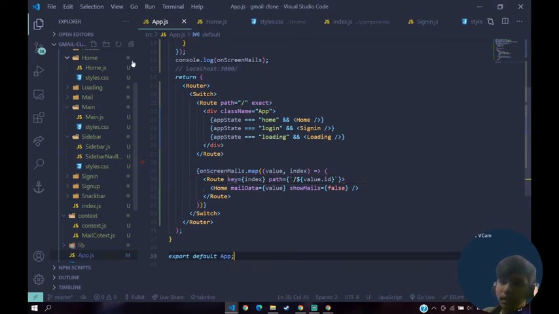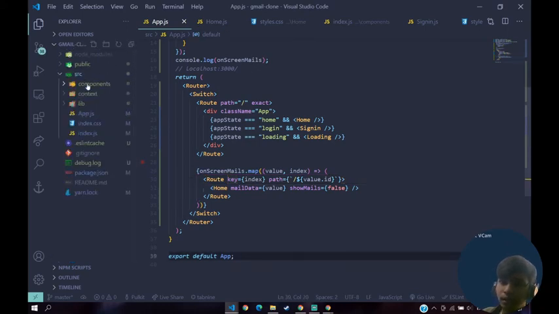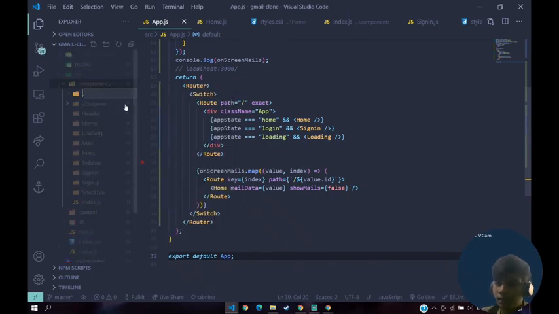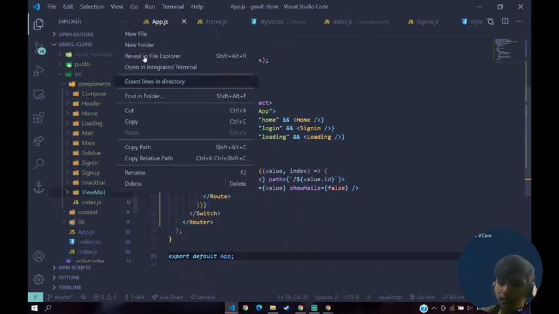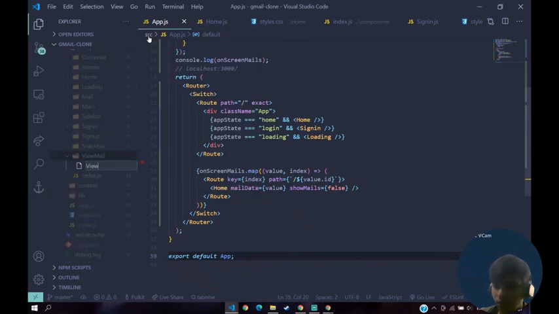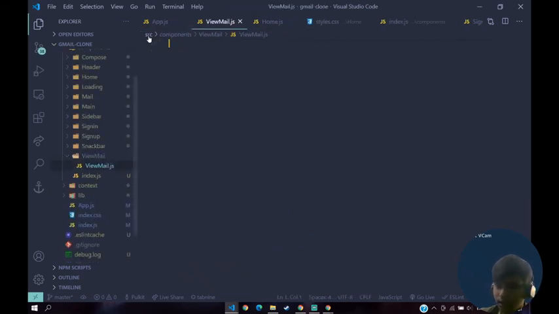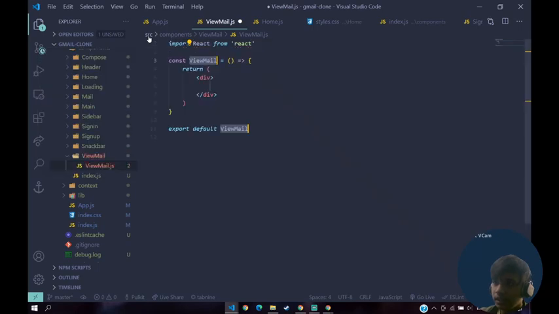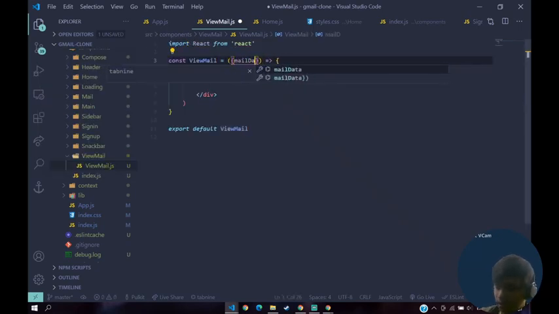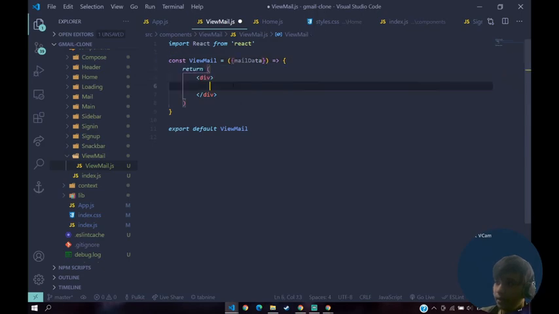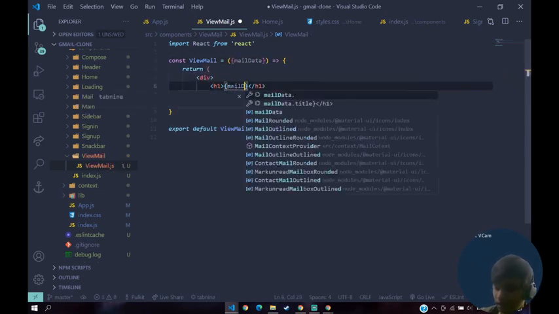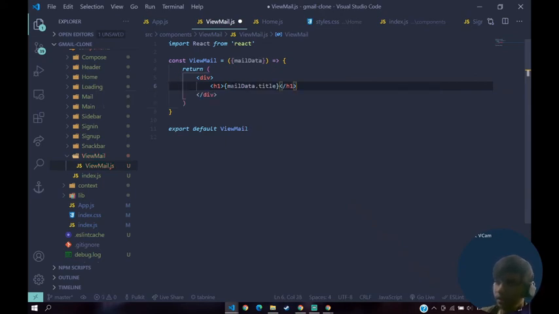Now let's create another component. We'll name it view mail. Inside of this, we'll create another file, named ViewMail.js, using RAFCE. Here let's accept the mailData prop and render an h1 of mailData.title.